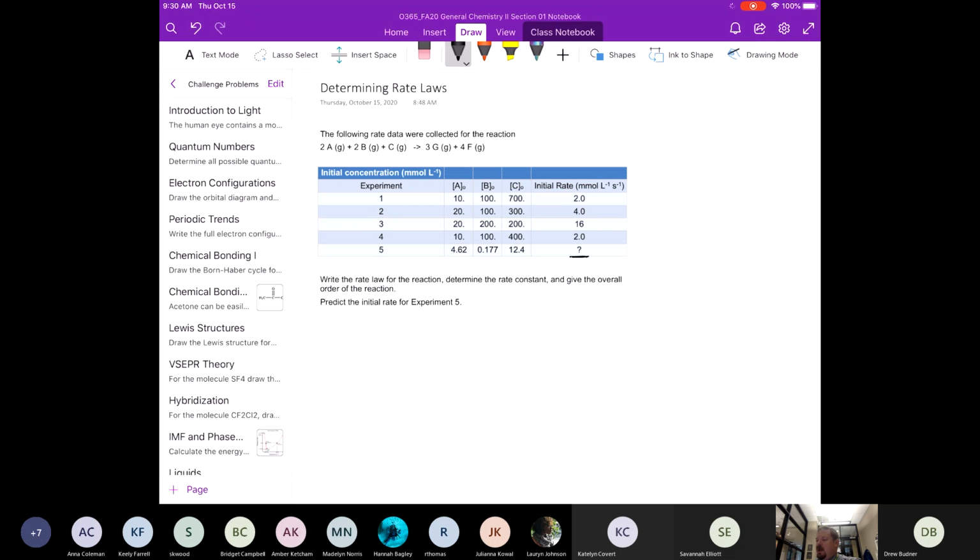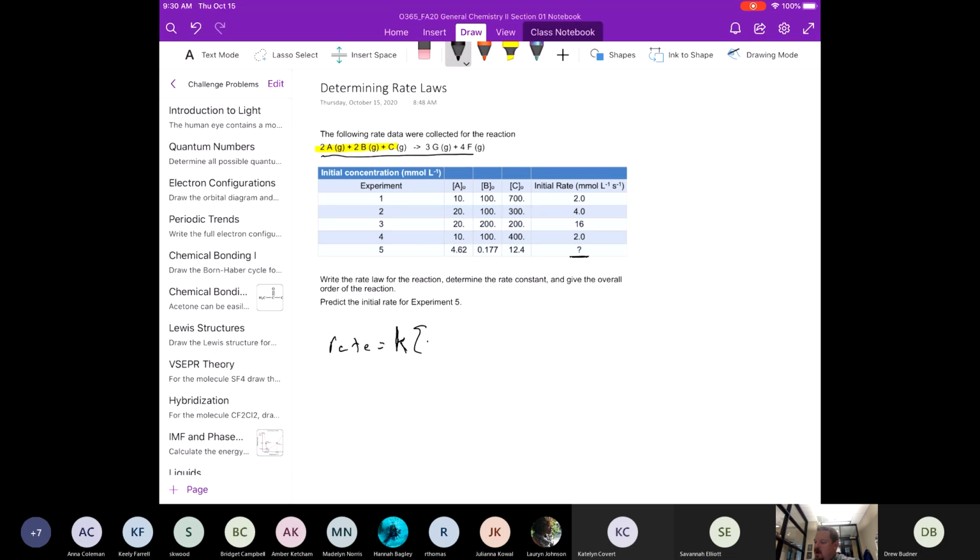Okay. So in general, if we look at this chemical reaction, we are going to focus for the rate law on the reactants, right? We're only concerned with the reactants because the products just happen, right? We're interested in how fast those reactants change, right? And in general, we can say that the rate of this reaction occurring is equal to some rate constant, lowercase k,